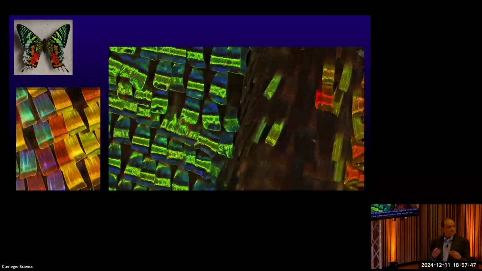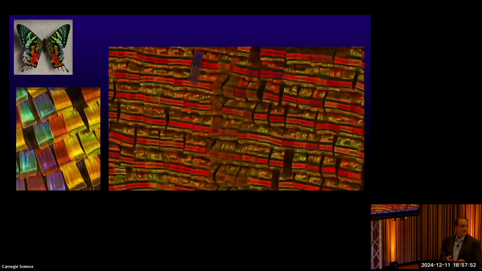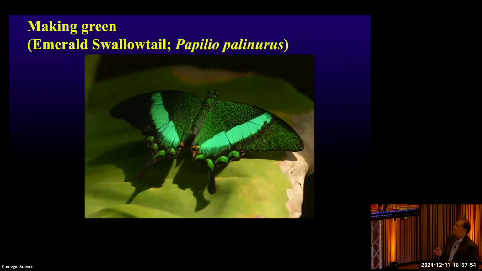The scales on the adult are dead. They've made this when they were in the chrysalis. But in this way, they can create any of the colors. Right? So how do you make green? Okay, and in fact, butterflies and moths that are green have evolved over and over and over again. For butterflies, there's only one genera of butterfly that ever came up with a green pigment. All the other solutions are structural, but they've come up with many different interesting nanostructures to create this light refraction. So this is one of the butterflies that we study.